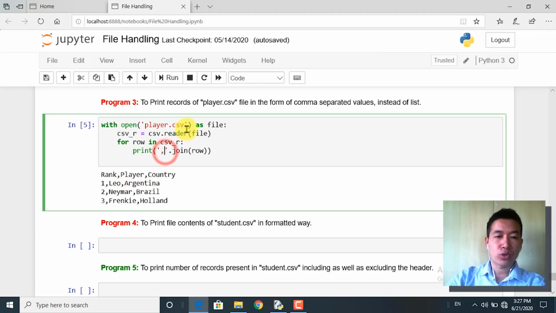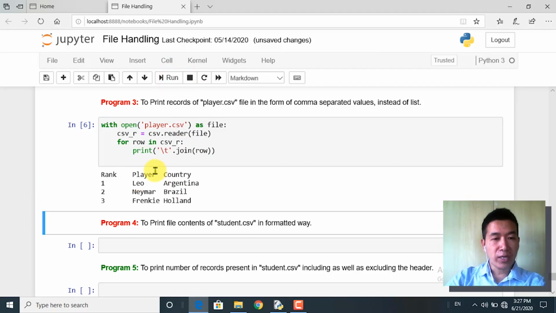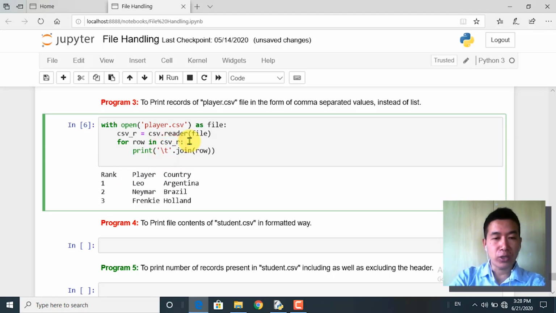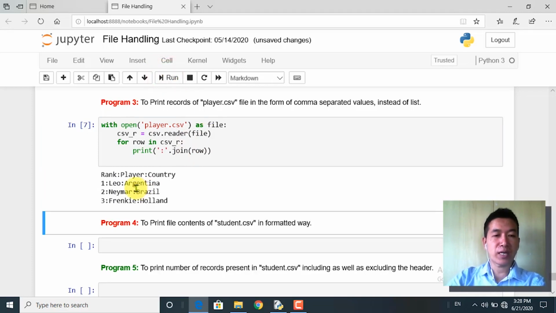At times you could use, perhaps we'll try with tab. The escape sequence for the tab key is \t, remember. So if I run this, in between the values of the list, what separates is the tab key. Or at times I can use, say, a colon and then run this. So this time the character separator